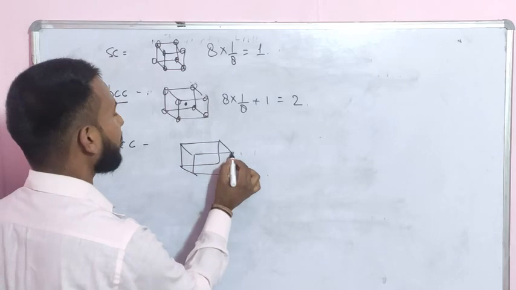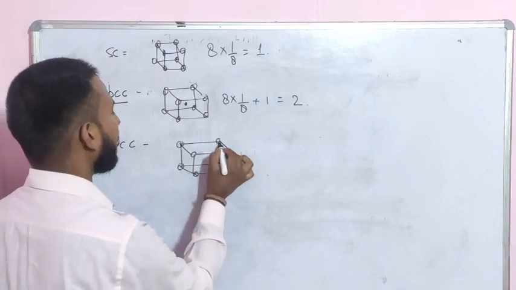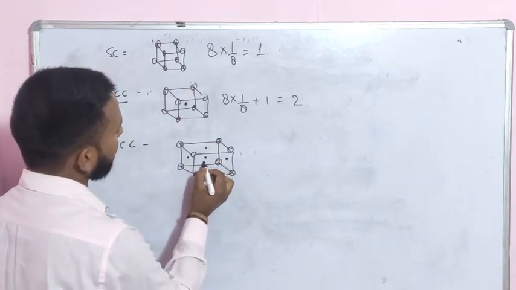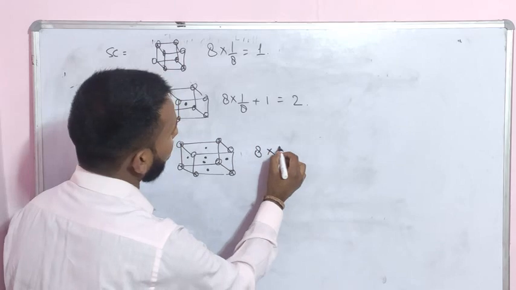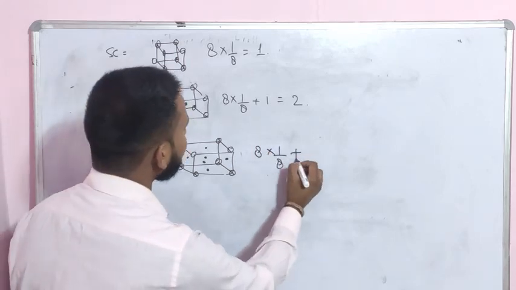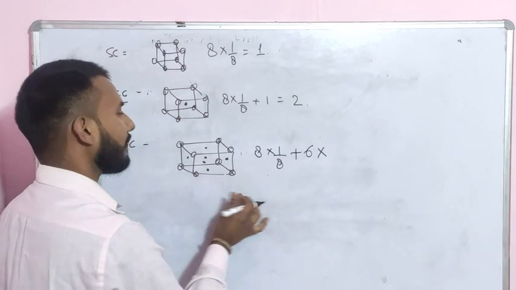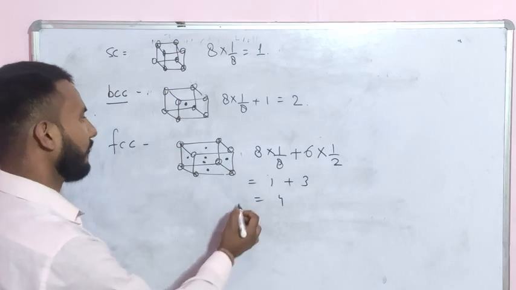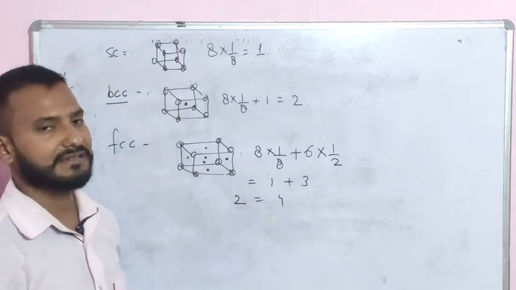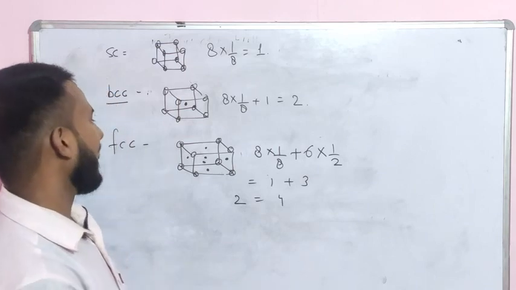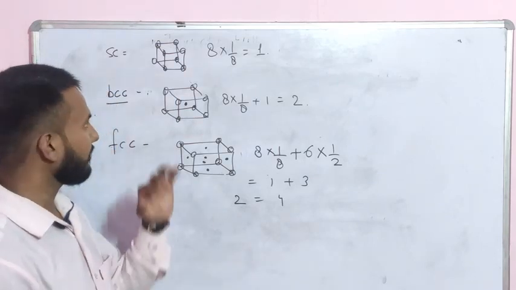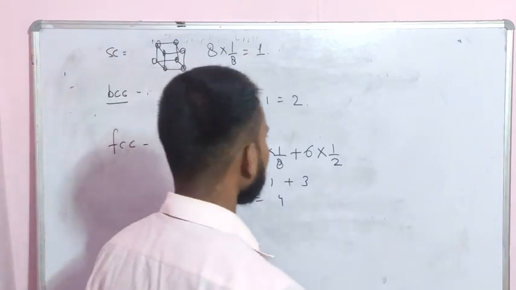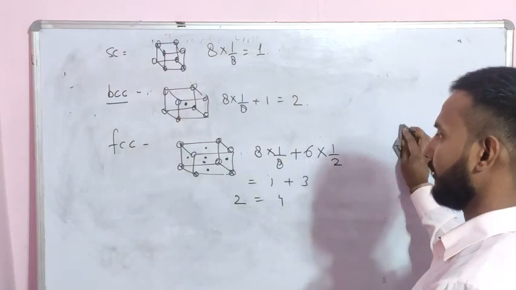this is a simple cubic unit cell, atoms are present at corners as well as at the center of faces. So how many corners? 8, contribution of atom at corner 1 by 8, plus how many faces? 6, into contribution of atom 1 by 2. On solving it, that comes out to be 4. So Z is equal to 4 for FCC. By that method, you can calculate the number of effective atoms for simple cubic, body centered as well as face centered. Regarding this, you can find some problems, note them down.